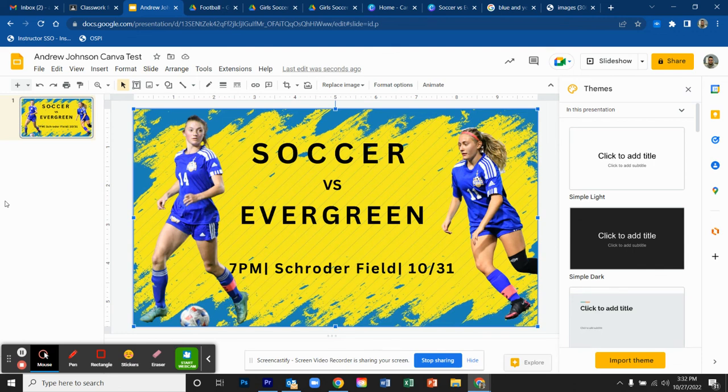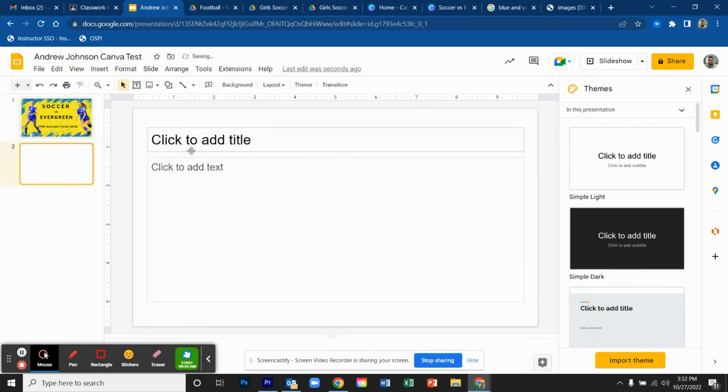I would want to create another one. So to create another new blank slide, I would just click this plus button. It does not have quite a blank, but I can just delete these text boxes as well. You would create a second one. And then when you are done, you will upload your Google Slide to the homework section or the classwork section